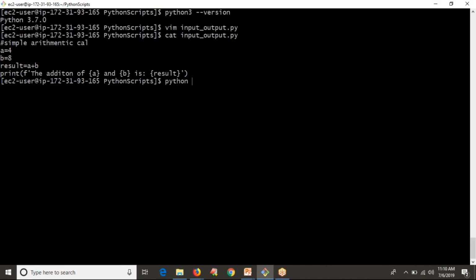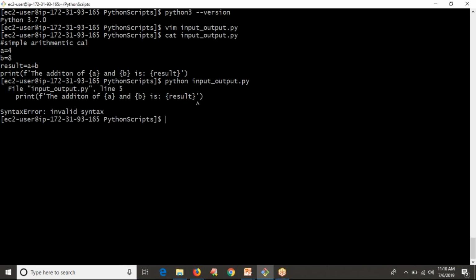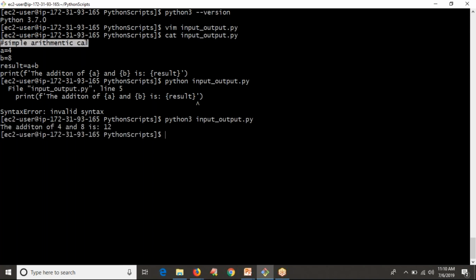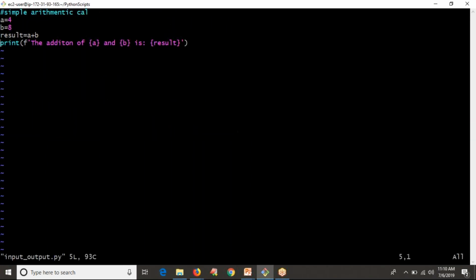Now I am going to print the result with the help of Python 3, not with Python. If you use simply Python, then it will work from Python 2. In Python 2 you don't have this syntax, a formatted string you don't have. Only in Python 3 it is there. So Python 3 input and output, it's working perfectly. But if you observe, our script is like a simple arithmetic calculator, or simply addition. Let me give only the option of addition, a simple addition calculator, because I'm not doing addition, subtraction, multiplication, division as of now.